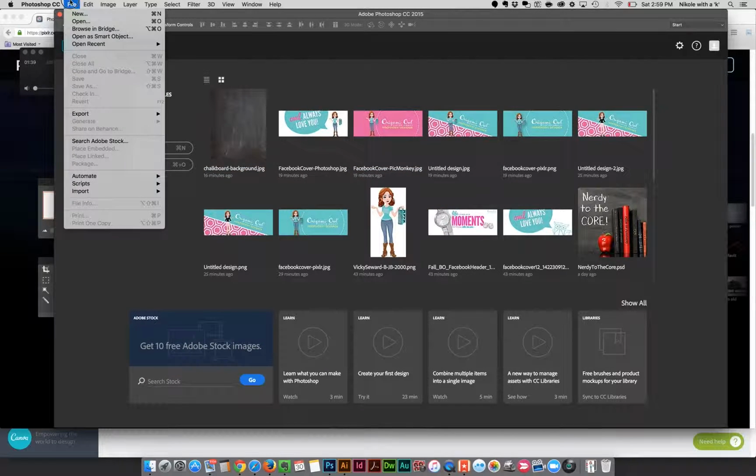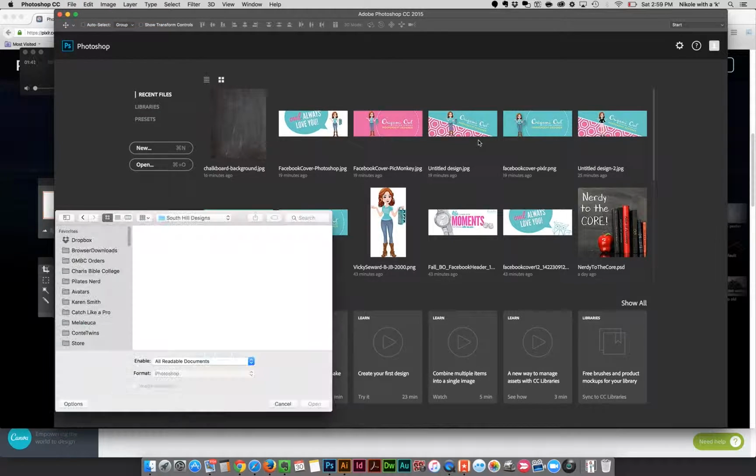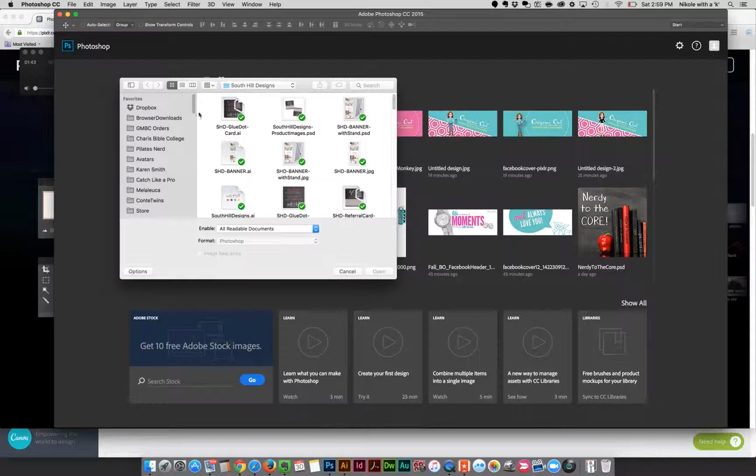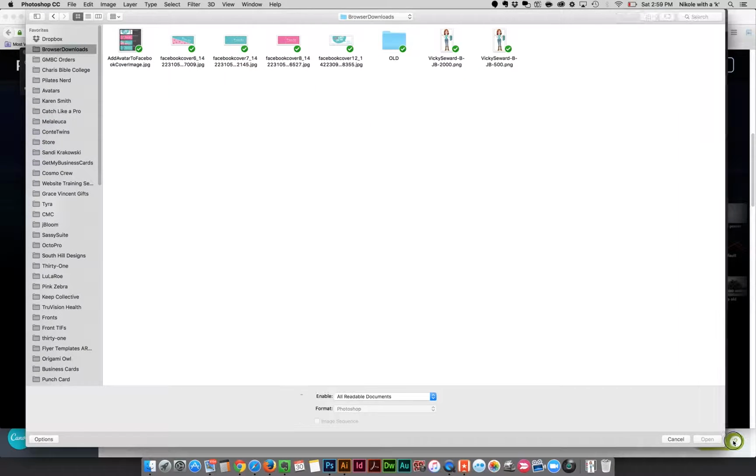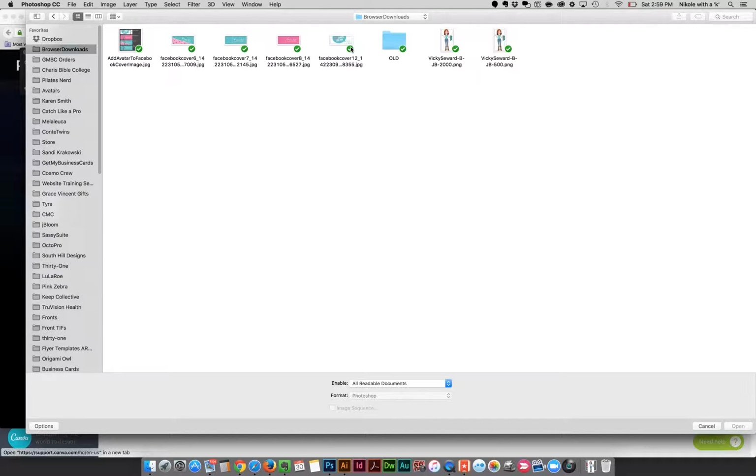So we are going to go to File, Open. I'm going to choose, let's see, my browser downloads. Okay, so for the Photoshop one, I think I use this one right here, and then I can open multiple